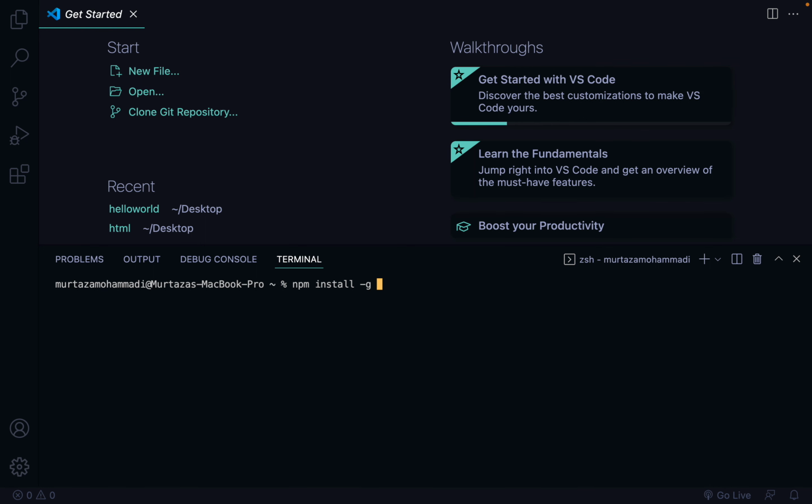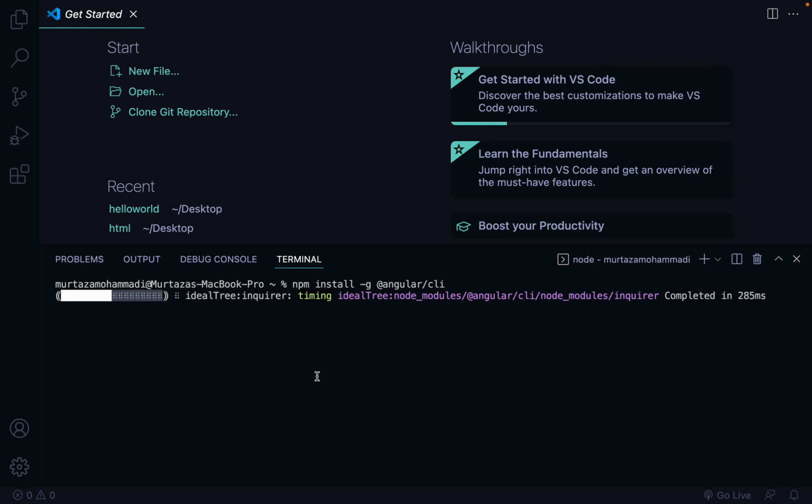You have to install Angular CLI before start creating a project. Okay, and just enter npm install -g @angular/cli. Okay, once you finished